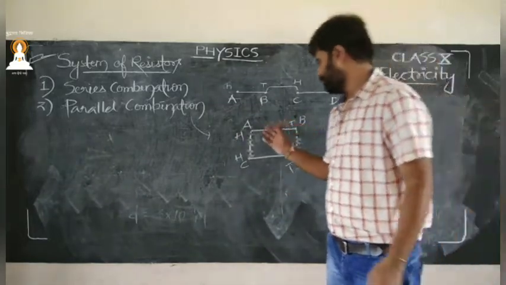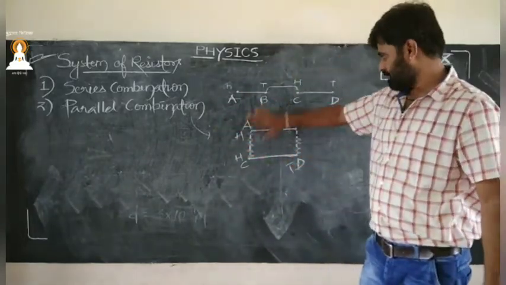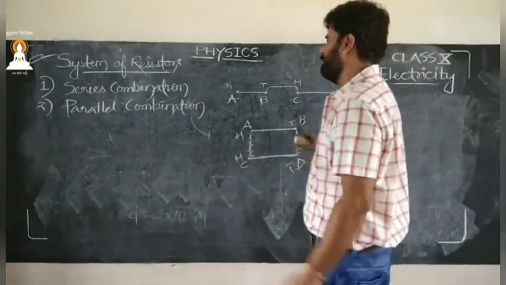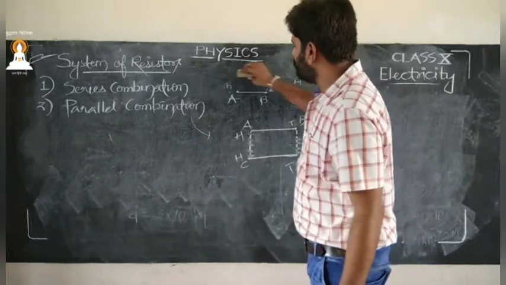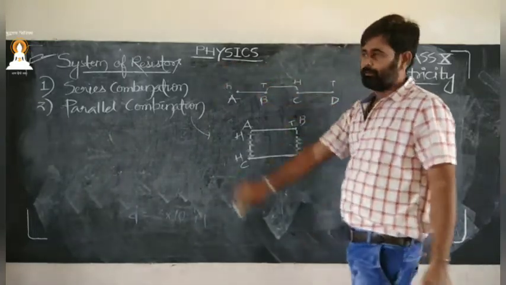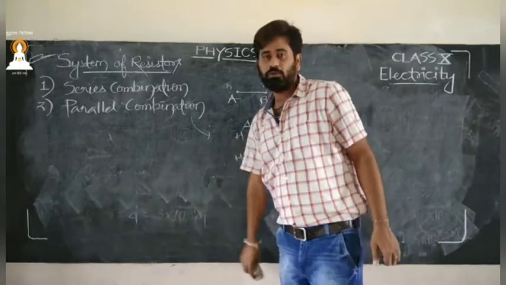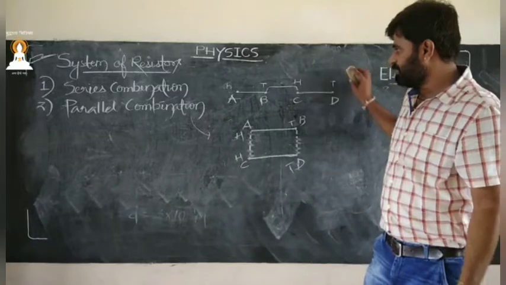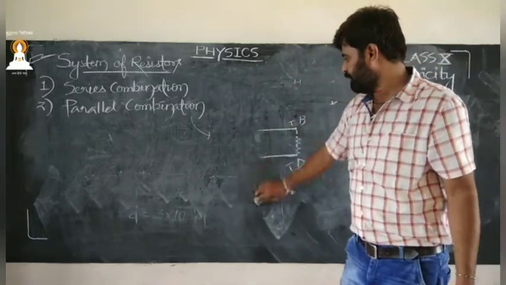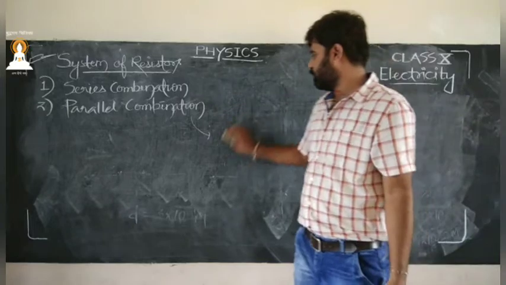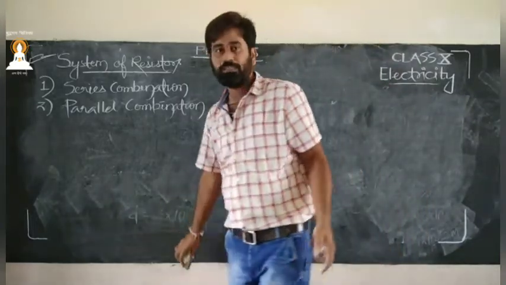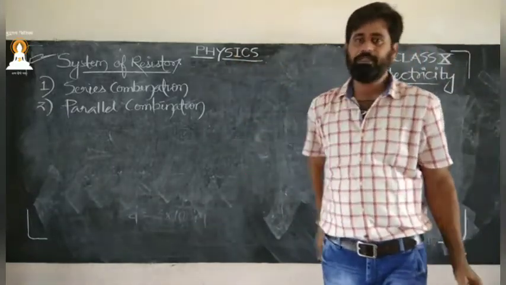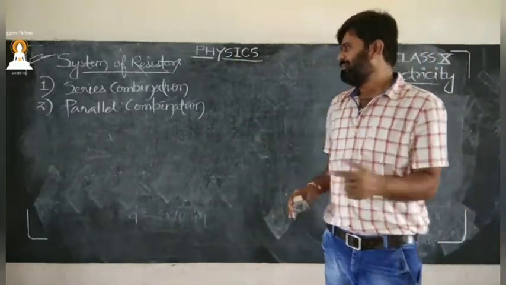Now we are going to apply the same concept in resistances also. Now, sir, why do we need such types of combinations? This will reduce the complexity of the circuit. Such arrangements reduce the complexity of the circuit as well as the cost of the circuit. We will see how. Because in place of 2 to 3 resistors or more than that, we are using only one, which will be the equivalent of all.